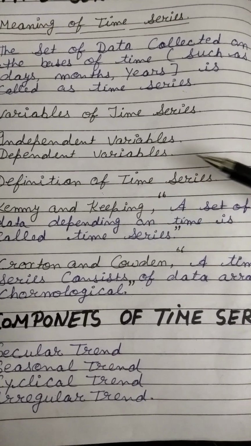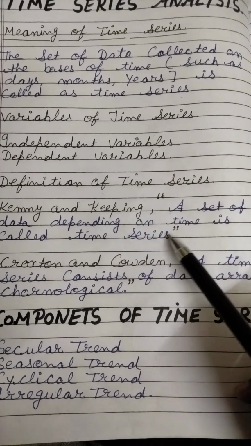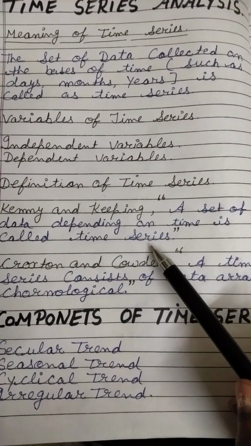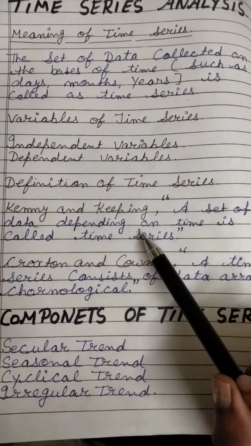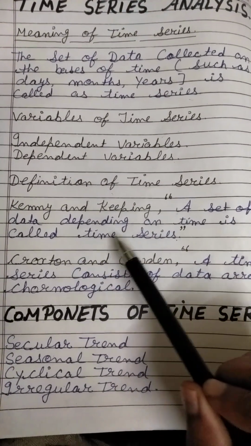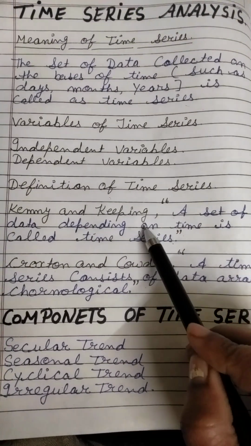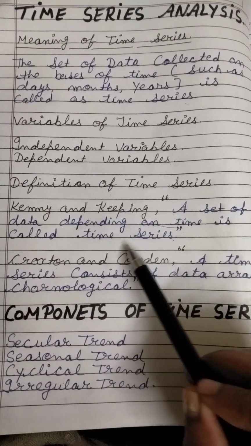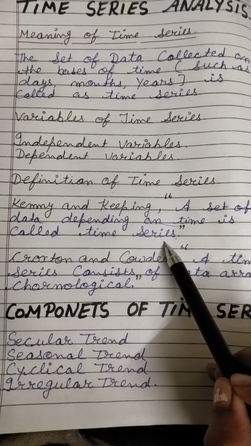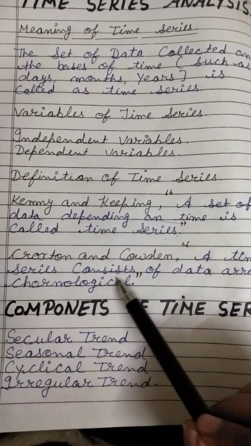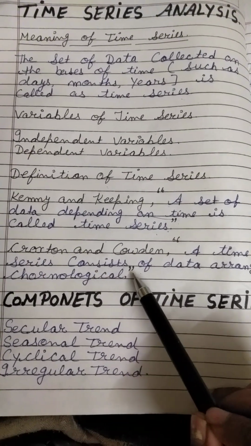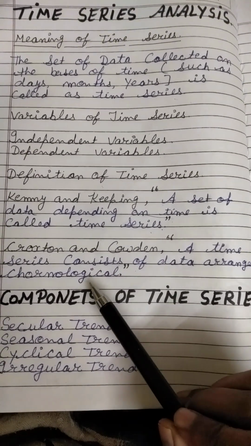According to Kenny and Keeping, a set of data depending on time is called time series. Second definition we have, according to Croxton and Cowden, a time series consists of data arranged